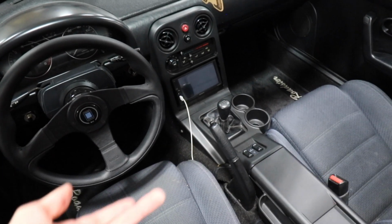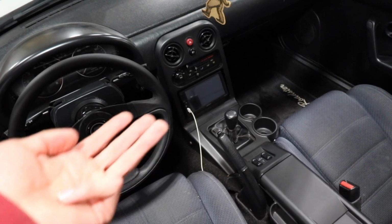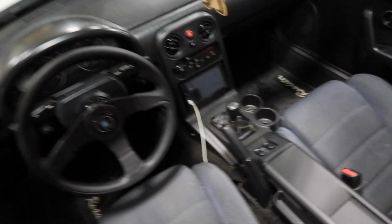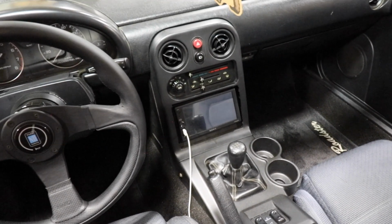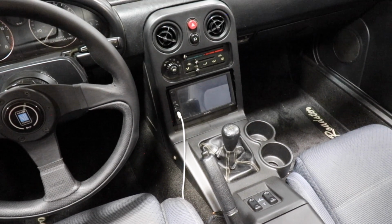I didn't like the way that looked. Then I changed it to an NB radio because I thought I would use the CD player. Turns out a CD player from the 90s is not all that usable and it would skip and whatnot. So finally I upgraded to this one, which is a Sony double DIN Apple CarPlay system, which, you know, I